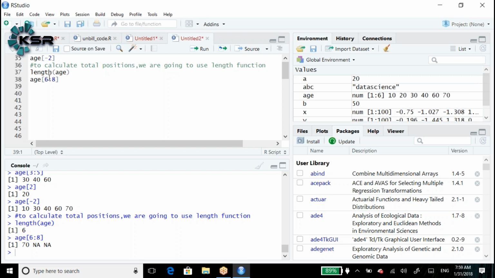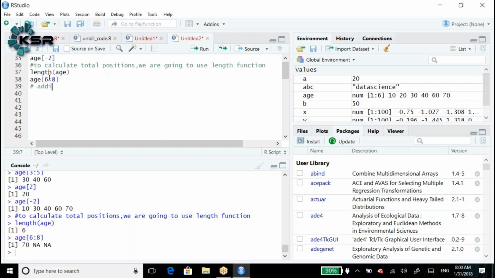Now, for example, I want to assign the 8th position. Let's say the 8th position value I want to add is 100. So far we have only 6 positions. Now I want to add one more position. I am going to add the 8th position. I don't want to add the 7th position.